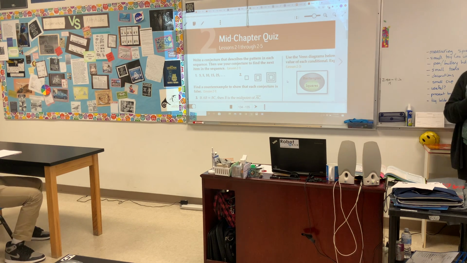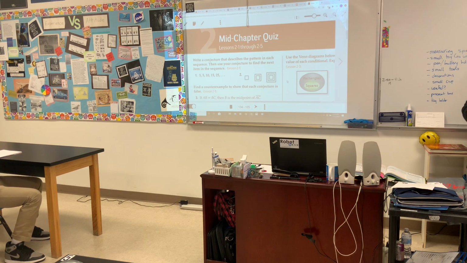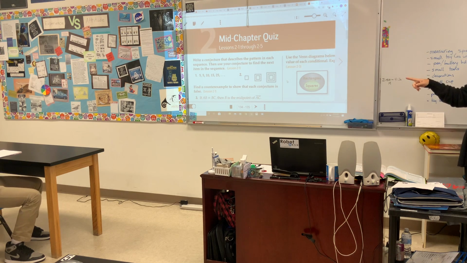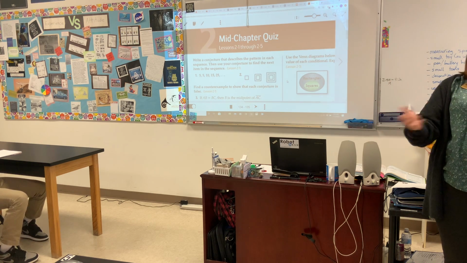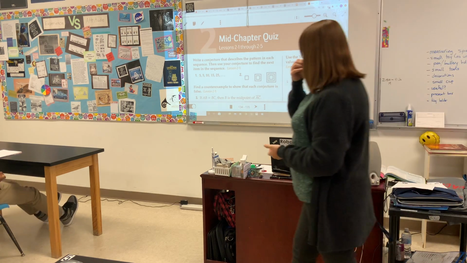So I have to explain how I get the next item. I have to describe the pattern. Based upon what I see, I have to come to a conclusion and describe that pattern. A conjecture is me making a statement as to how I find this. What is the pattern that I'm seeing? Then use it to find the next item in the sequence. So I can't just give an answer like 36. That's not enough info. Okay? I also can't just do the first part and say, here's the pattern. I need both parts in order to get full marks.